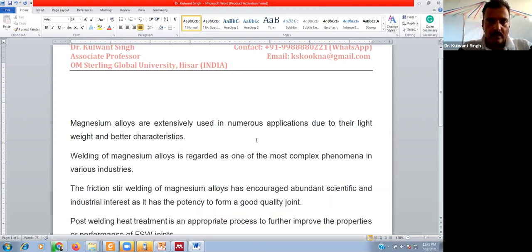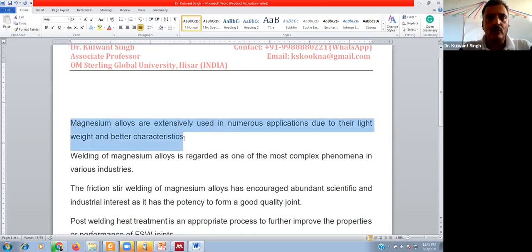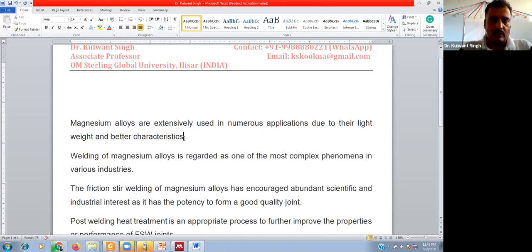So when you start writing using the Mendeley desktop, suppose I have written this first sentence and I want to cite this particular sentence. So first of all, you have to click on the place where you want to insert the citation. So I want to insert the citation at the end of this sentence.